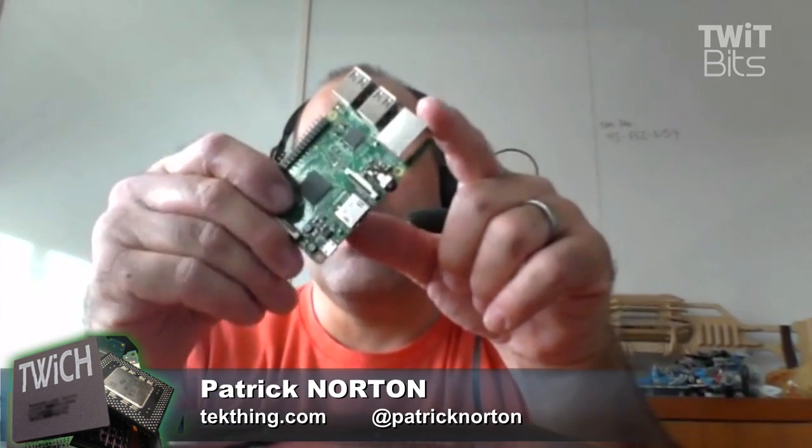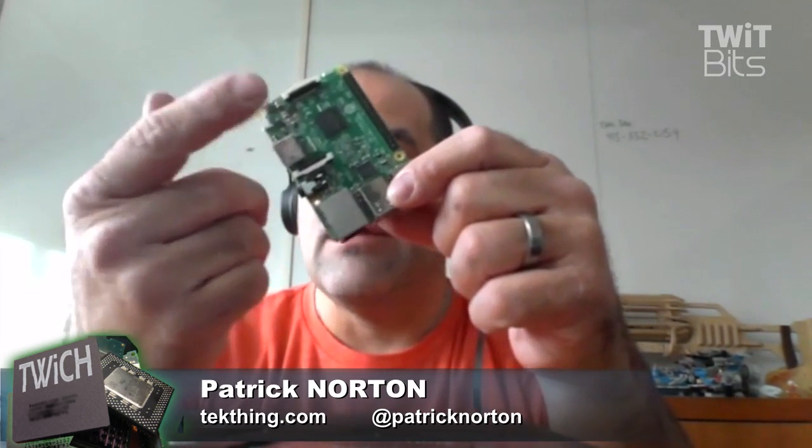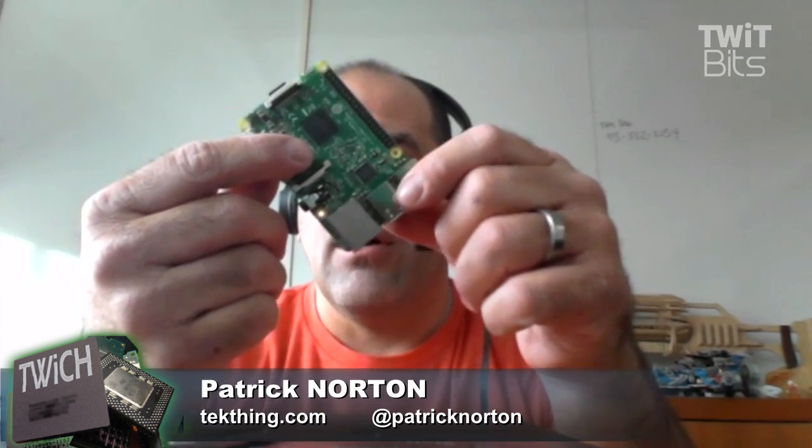And then there were a lot of people who were like, I can't believe you haven't put a SATA adapter. I can't believe you haven't put more than 1 gigabyte of RAM on it. I can't believe, and this one is probably a pretty legitimate complaint, because essentially the USB and the Ethernet share a single USB input, for lack of a more appropriate term, on the processor. That's been a complaint. So if you want to read and write things from a USB drive through the Ethernet port, you run into traffic issues. Not that you run into a lot of traffic issues with a processor of this size, but